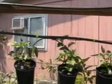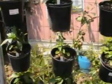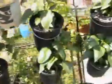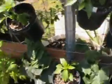Although soon, I've set up a drip line system. I don't know if you can see this or not. So that there's a dripper going to each top pot, and then the pots are set so that the water can drip down to the lower planters, and it seems to be working pretty well. I've got some adjustments to make, but